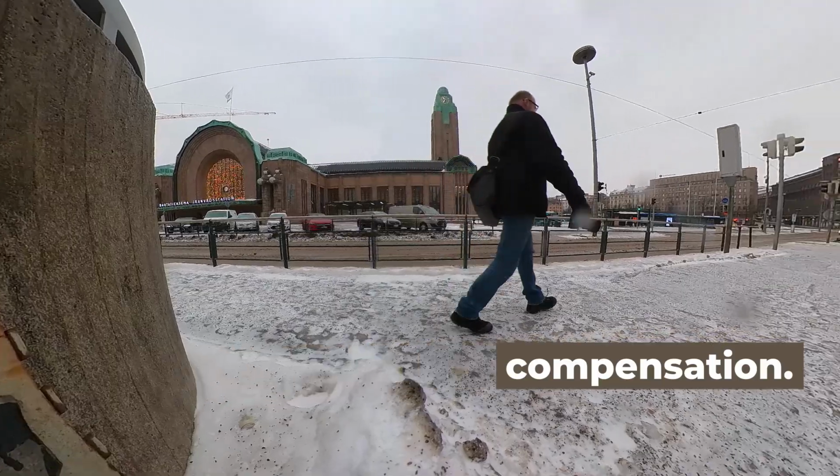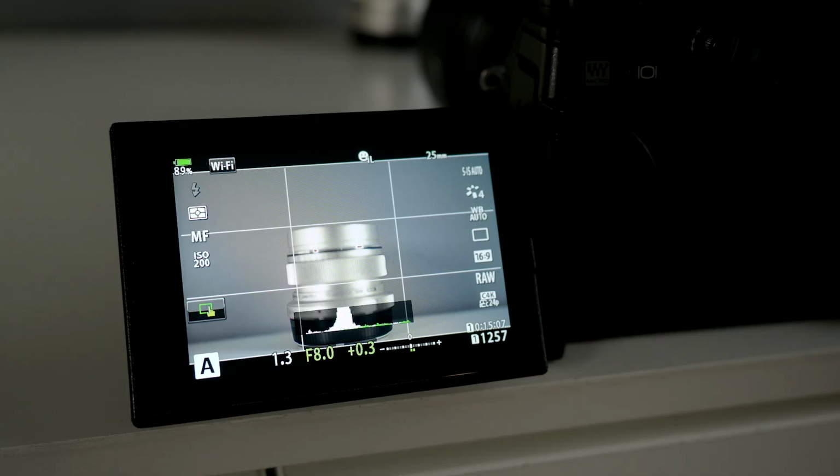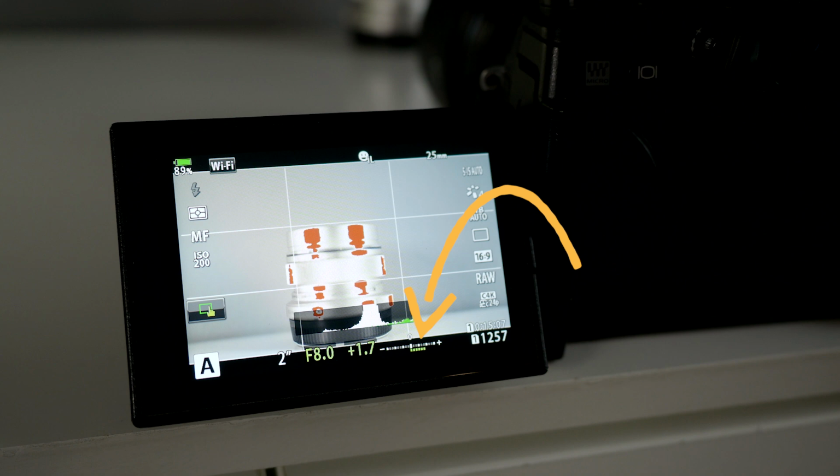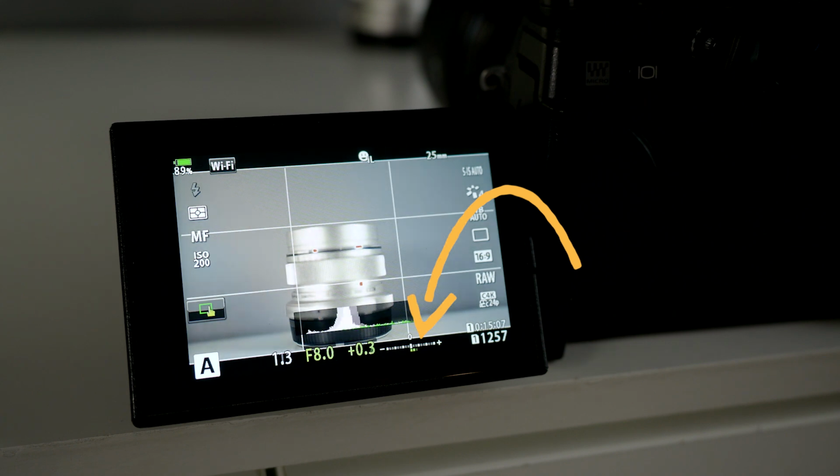Like I said earlier in this video, light meters in cameras think that everything is mid-gray, and that will make bright scenes too dark and dark scenes too bright. So you need to have exposure compensation. What it actually means is that you will compensate the meter values with your camera. The best way to use exposure compensation is to set it to a wheel or a dial on your camera where you can really easily access it.